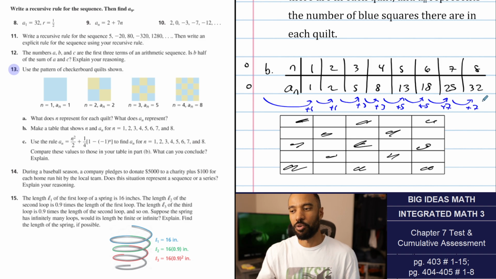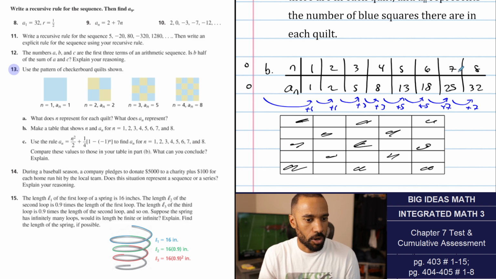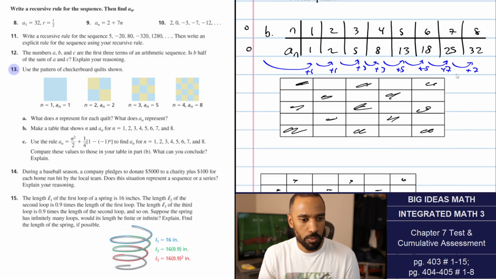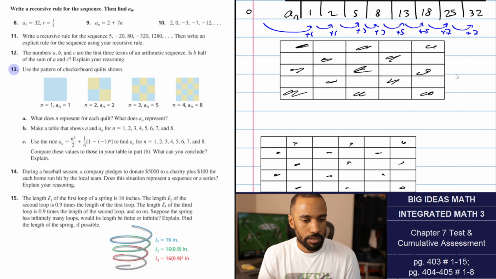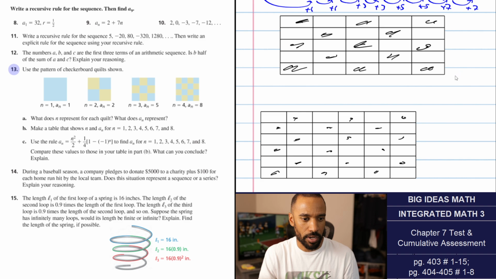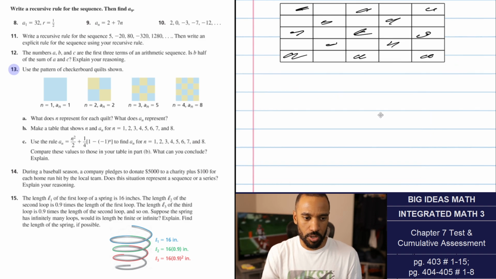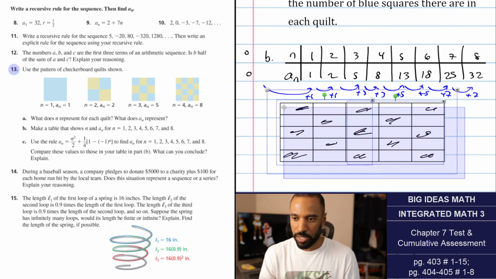I'll take that for what it is then. That's fine. So, okay, make a table. Oh, we did. Part C, use the rule to find a sub n for these. Compare these values to those in your table. What can you conclude? Explain. Yeah, I'm sure there are ways to write the rule out, and I don't know if I would have recognized this, but